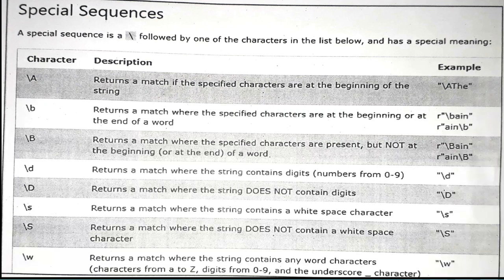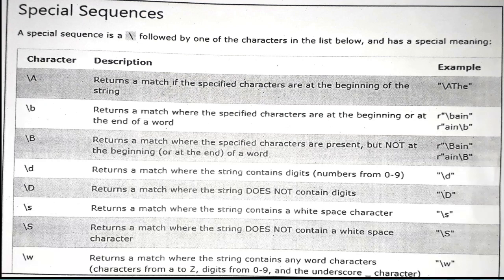Okay. So I hope the difference between slash a and slash b is clear. Slash a only checks the specified characters to be present at the beginning, and for beginning as well as ending, if you want to check the specific word, then you can make use of slash b. Here while writing the expression they have used the r. So r stands for raw string, which they have considered.